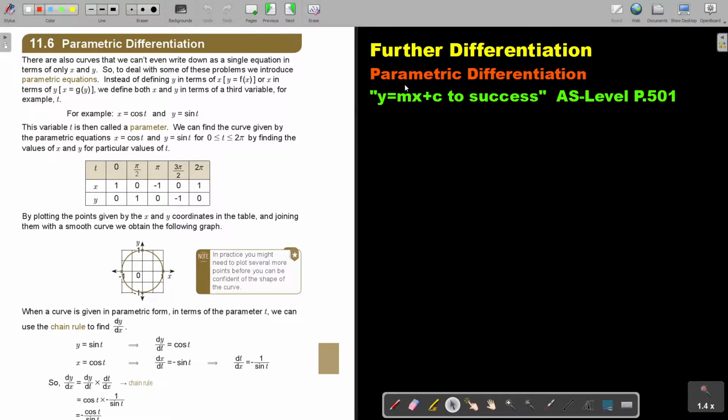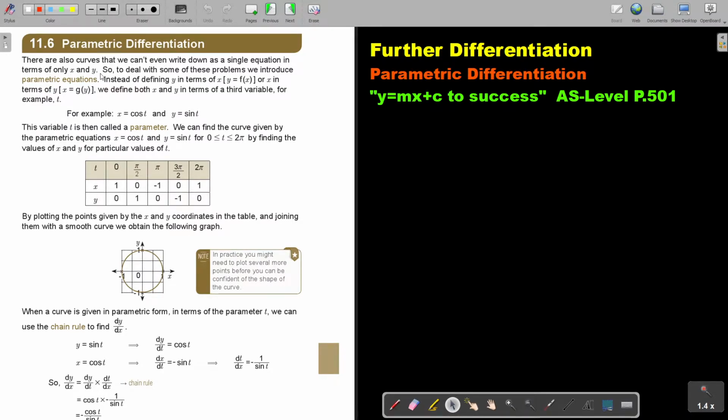In this video, we will start with parametric differentiation. You will find this on page 501 in the Namibian AS-Level Mathematics textbook, y equals mx plus c to success. Parametric differentiation. There are also curves that we can't even write down as a single equation in terms of only